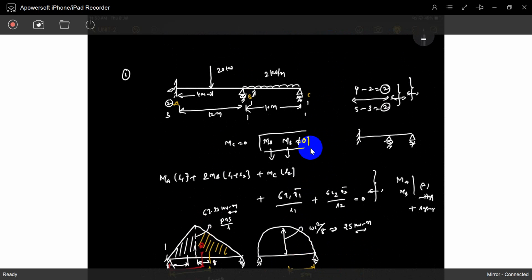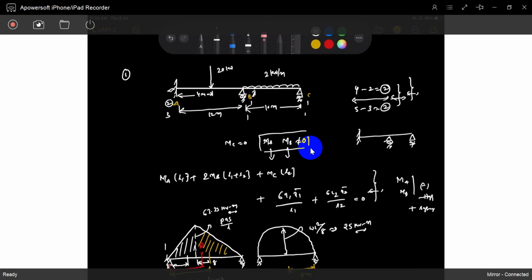Is there any chance? No chance. How will we use the three moments method again? That's why some engineer said: just take an expandable span. You just imagine